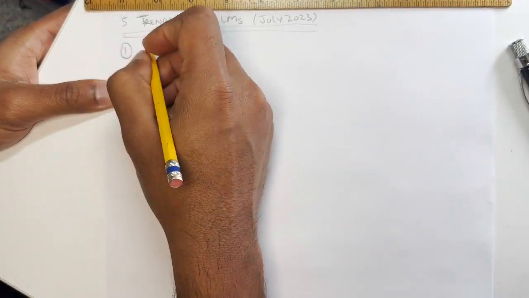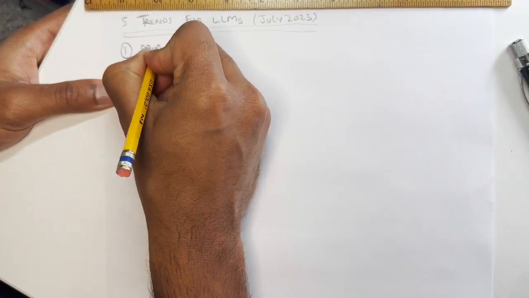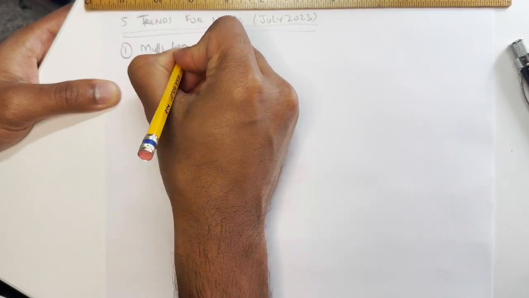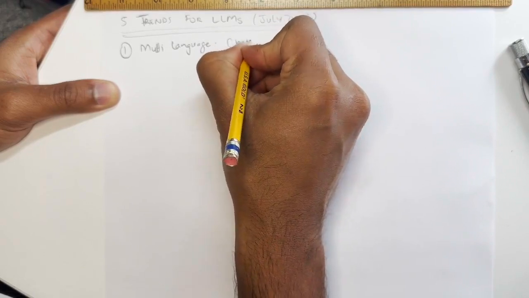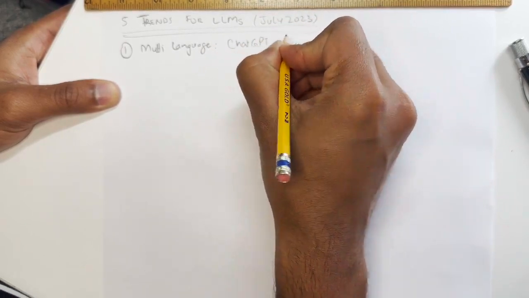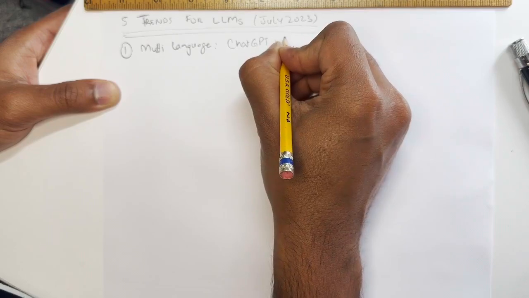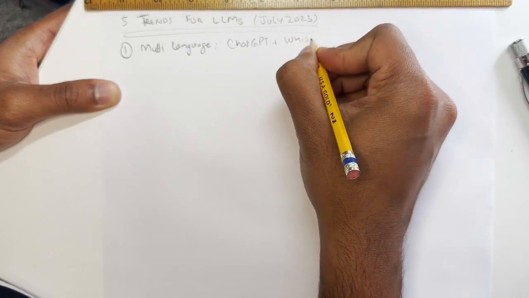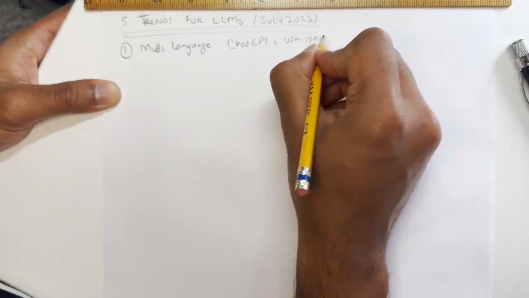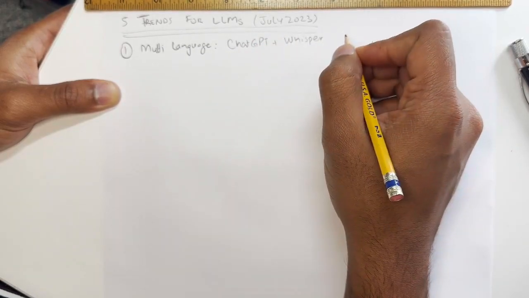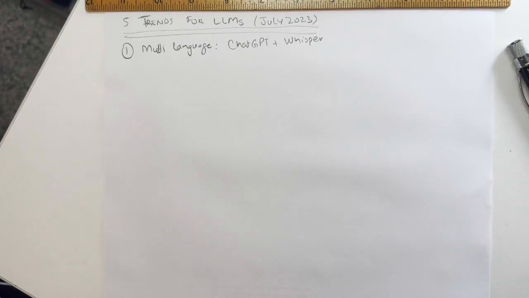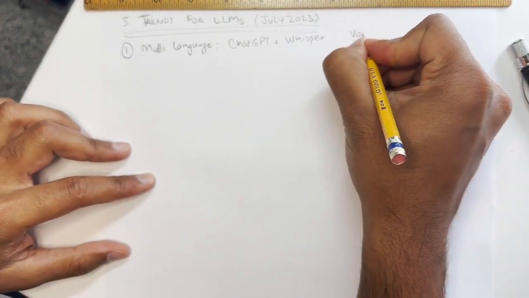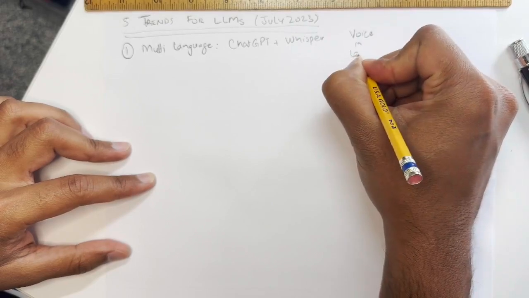Number one, I'm very impressed by the ability of multi-language. If you guys have used the ChatGPT app launched by OpenAI, it has a voice feature which uses the Whisper technology. What it does is you can speak in any language without actually giving it any instructions on what language you're giving your voice note in. So the voice in any language